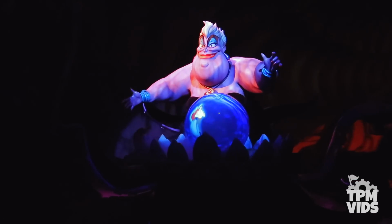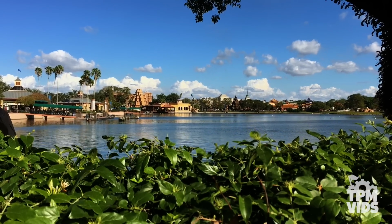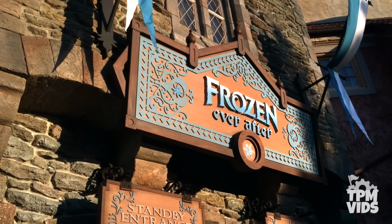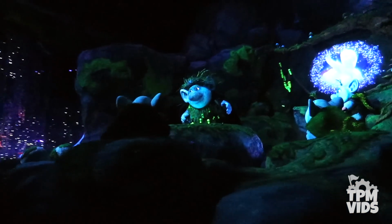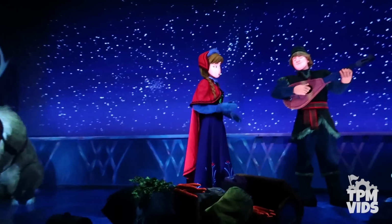Number 4. Over in World Showcase at Epcot, the Norway Pavilion is home to Frozen Ever After, and these audio animatronics are top-notch. At the time in 2016, they were the most advanced animatronics Disney had developed, featuring the first all-electric figures